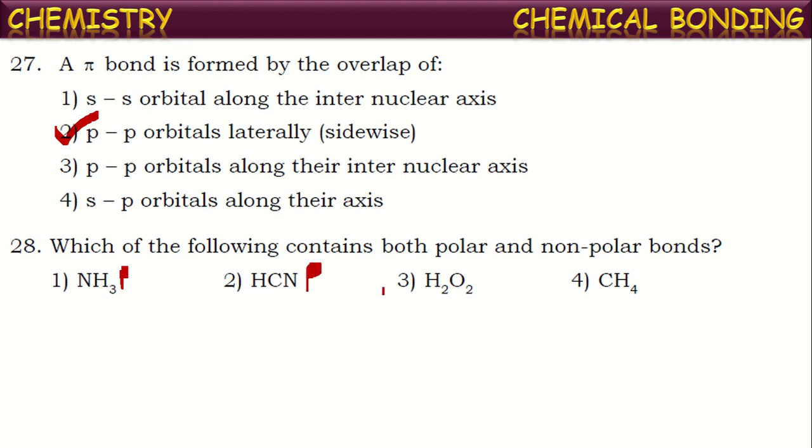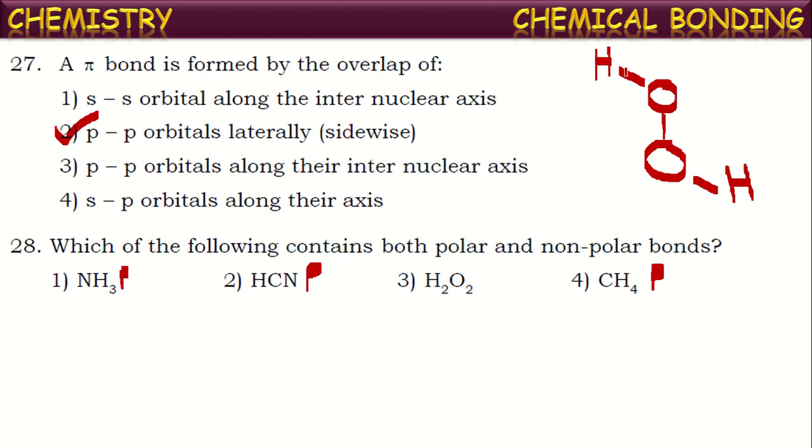So only polar bonds. If we see in case of methane, here also between carbon and hydrogen there exist only polar bonds, because carbon is more electronegative than hydrogen. But if we see in case of hydrogen peroxide molecule, between the oxygen atoms there exists a non-polar covalent bond, because it is formed between two similar atoms. Both will have the same electronegativity and hence result in the formation of a non-polar covalent bond. And each oxygen forms a covalent bond with one hydrogen atom. This is a hydrogen peroxide molecule.